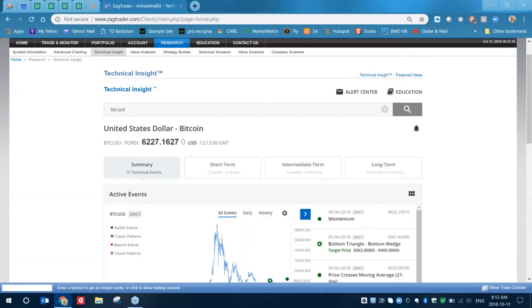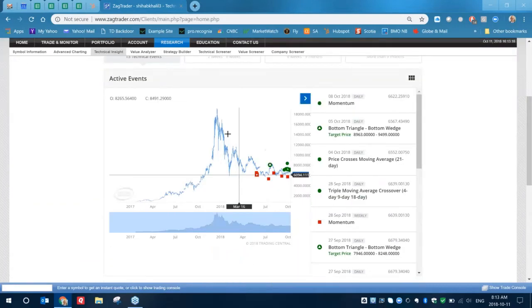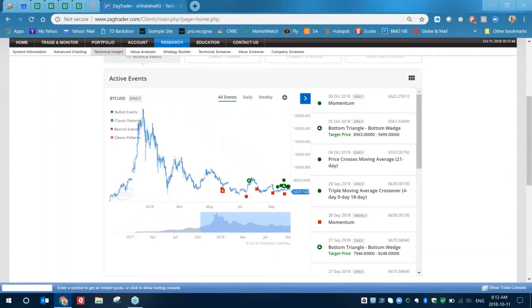And again, you can see here's that big spike we had in December and January of this year. So the crypto cross actually hit a high of roughly 19,000, has declined more or less ever since, and it's kind of moved in a range over the last few months, moving sideways in the sort of 6,000 to 8,000 US dollar range. Now it's interesting to note, I'm going to zoom in a little bit on this price chart, that we've had a number of bullish technical events, and some of these technical events have a little